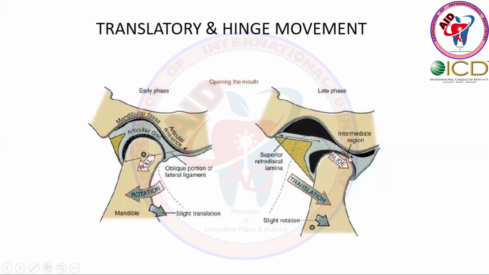Now, the maximum area for translation is in the middle portion. So it is used to glide within the middle portion. The posterior portion and anterior portion remain without any gliding stresses of the condyle, and the maximum stresses are borne by the middle portion of the condylar disc.